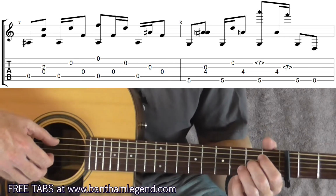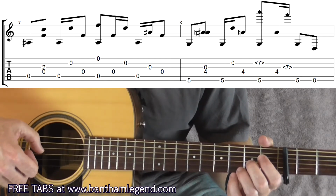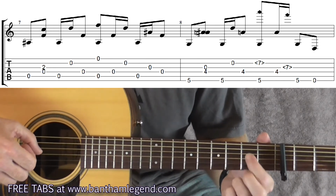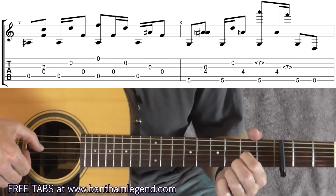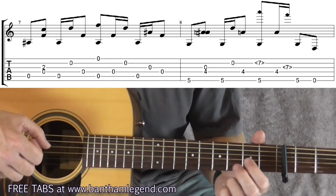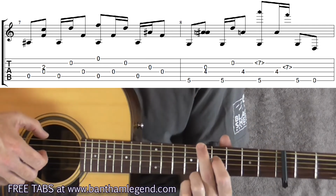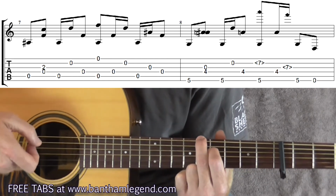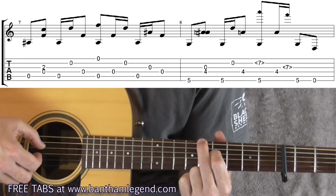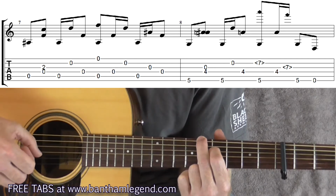So if I play it a little more quickly. And remember to take your index finger off of that 2nd fret towards the end of the bar. And then we slide up to the 5th fret on the 6th string with your middle finger, put your ring finger on the 4th string, 4th fret, and I'm playing 6, 3 and 4, 6, 2, 4, and then you